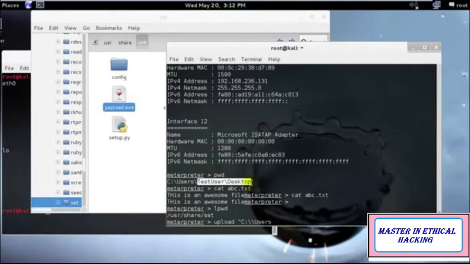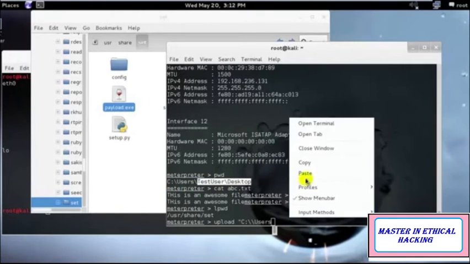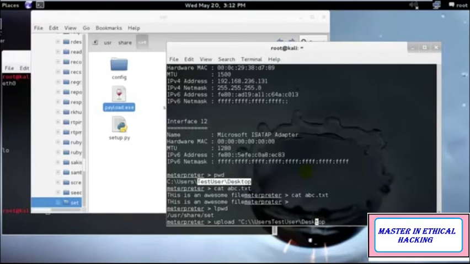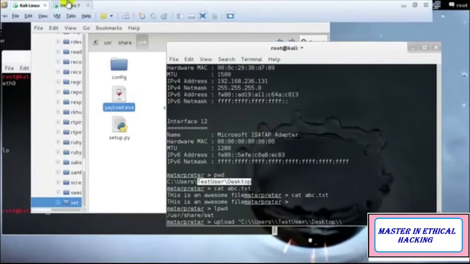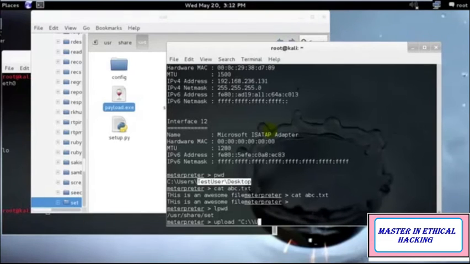I'll just copy it from over here and paste it over here, and I can see users, test user, desktop, and the name of the file. Let's say I want to copy it to the desktop, but no, I already have a payload on desktop, so I'll just copy it into C. Fine. So the name would be, for example, payload period